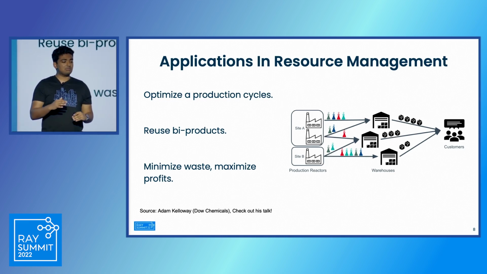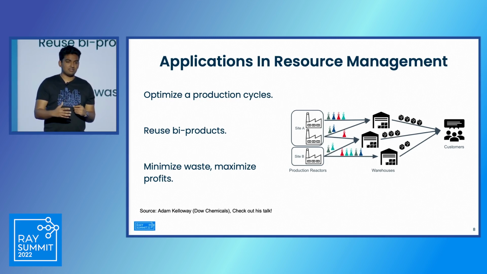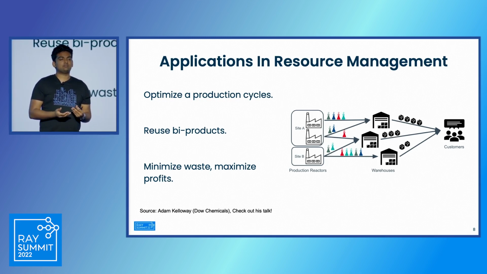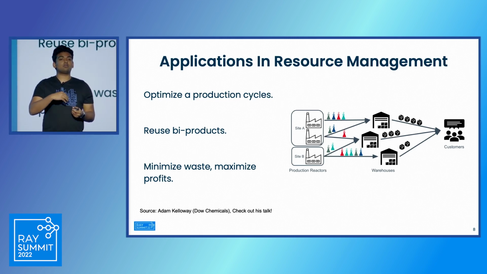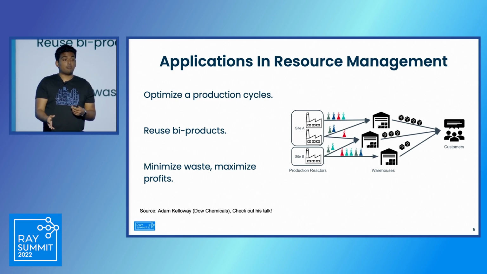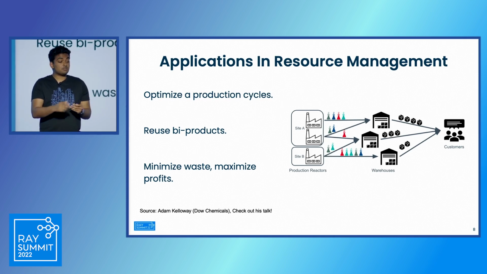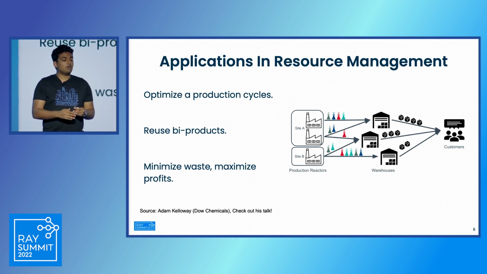And so their overall goal is to minimize the amount of waste that they make, but maximize the profits that they're making. So if they were to take a greedy approach here, and locally optimize on the amount of waste that they're creating and locally optimize to maximize the profits that they're making after each step in the cycle, well, reinforcement learning might take a different approach here. It might actually produce more byproducts at one point in the middle of the cycle, which may end up looking like it costs more overall. However, if they were to use those byproducts downstream, they're actually going to globally minimize the waste and globally maximize their profits.